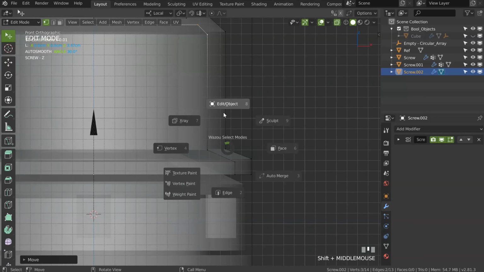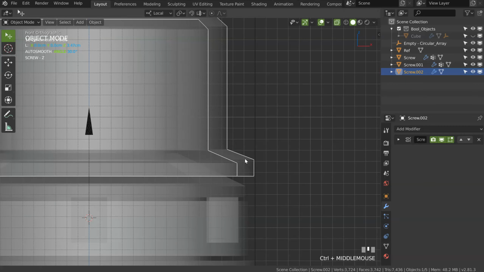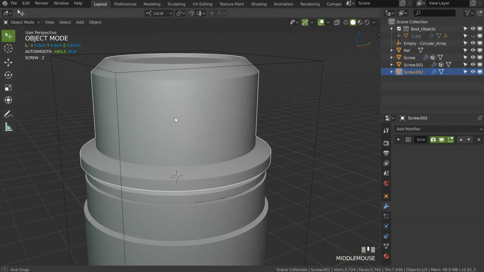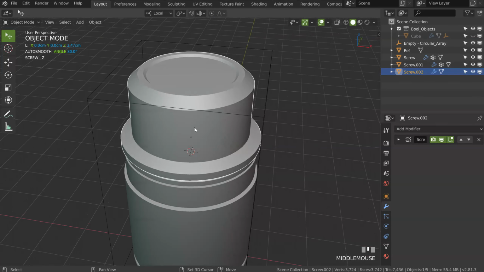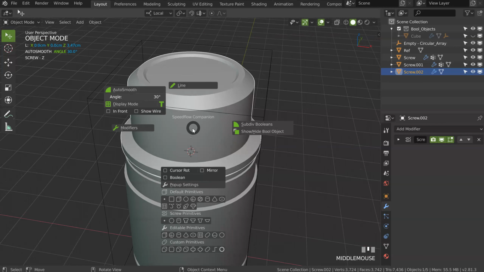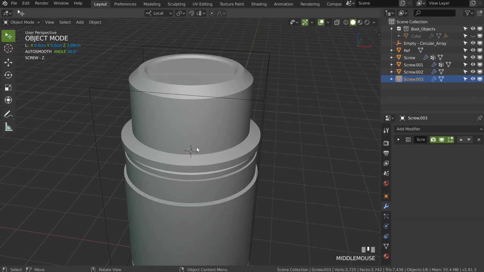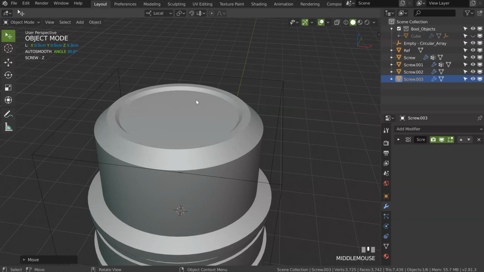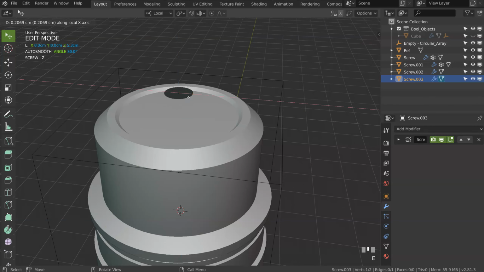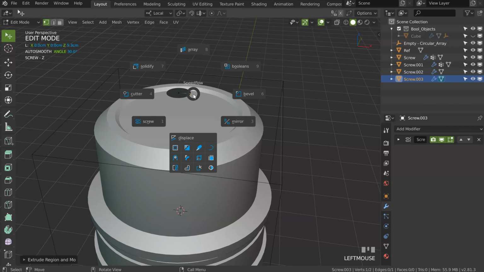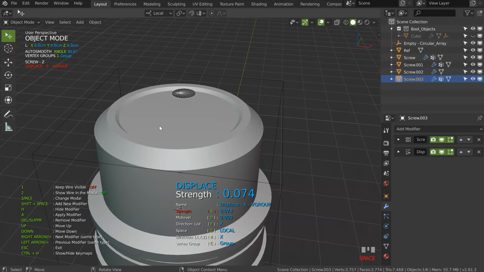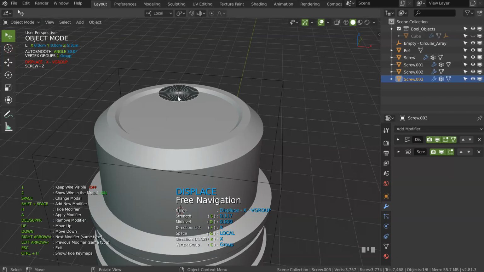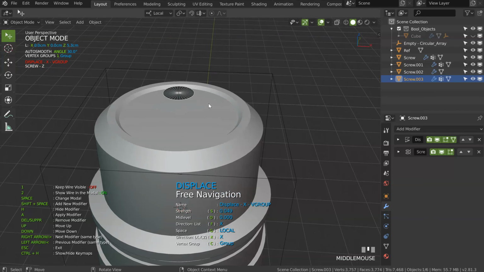Okay, so we will make another piece here, but right now we are working on this one. I will create the same, in fact. I can do this or I can directly create another object, but it's interesting to use this one like that, you don't have to deconstruct your object, and we will see something interesting. I will press E and middle mouse button to control on the x-axis, and on this one I will add a displace. As you can see, I need to move the displace before the screw, so up arrow key, and with S I will have this.